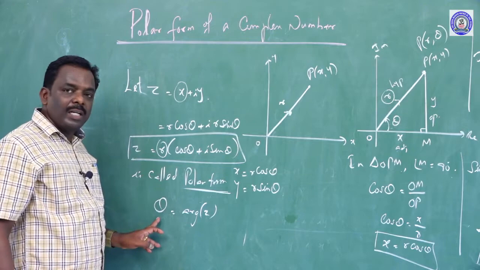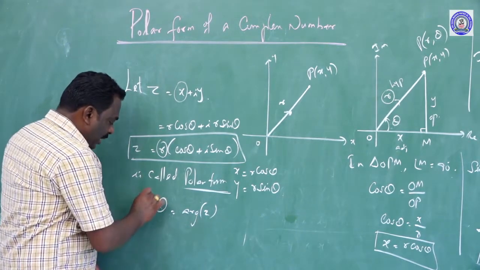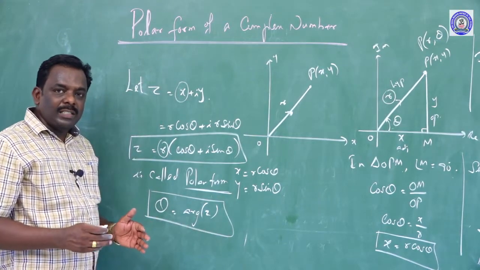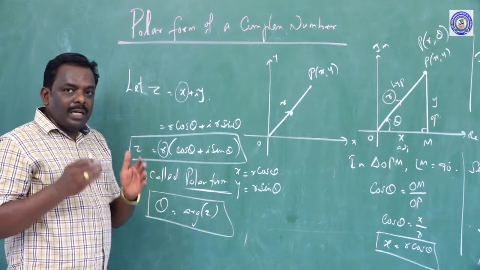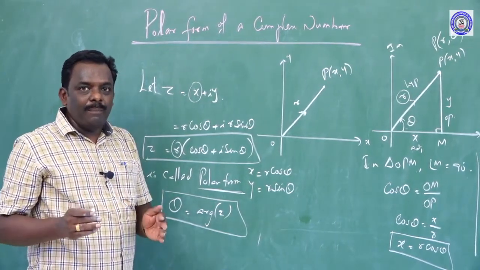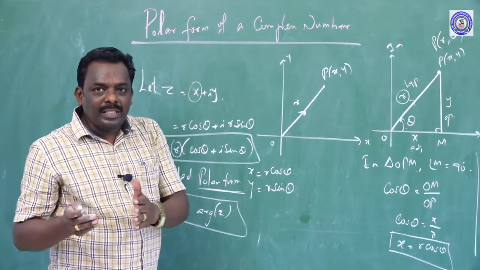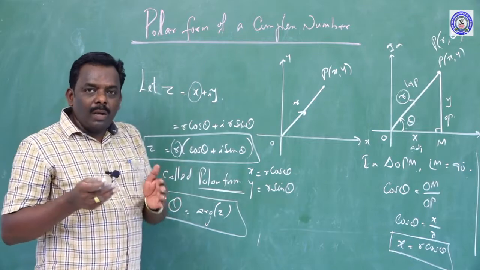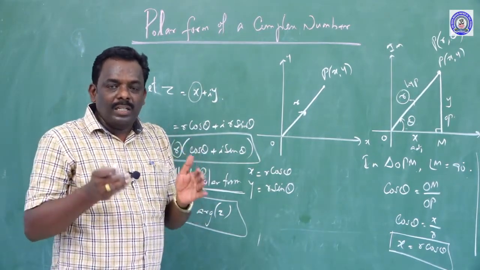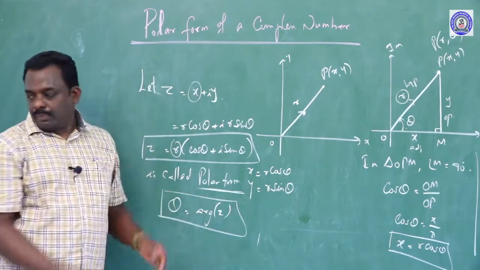That is defined by theta. Now, depending upon the complex number, theta will vary. It depends on which quadrant the complex number lies in, which we first want to find. If it is the first quadrant, what is the nature of theta? What about the second quadrant? The third quadrant? And the fourth quadrant? It depends upon the complex number, and theta will vary. We'll see that now.